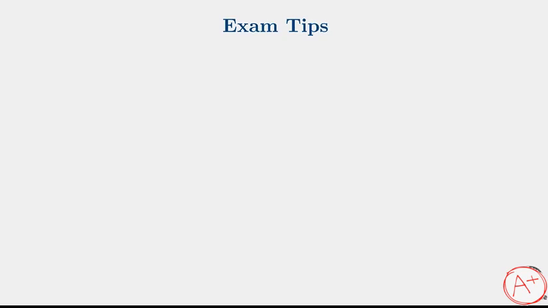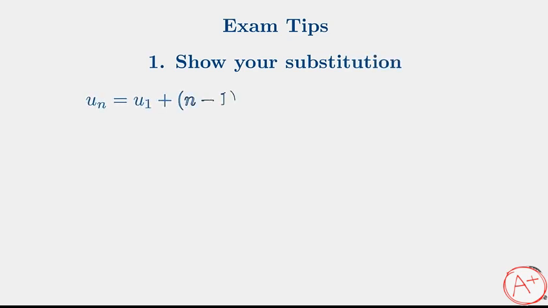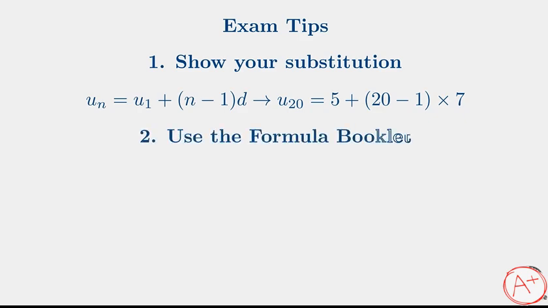To achieve a grade 7, you must understand how IB examiners award marks. Always write down the formula you are using and show the substitution of values. Even if your final calculation is wrong, you can often earn the method mark, known as M1, just for showing that you chose the correct formula and attempted to use it. Do not rely on memory. The IB provides a formula booklet. Use it to double-check that you haven't swapped a plus for a minus or forgotten the n over 2 in